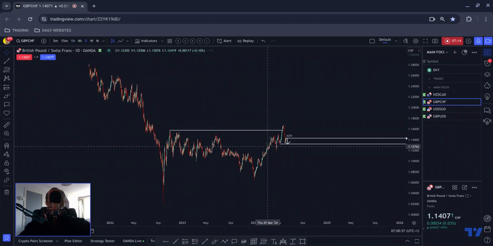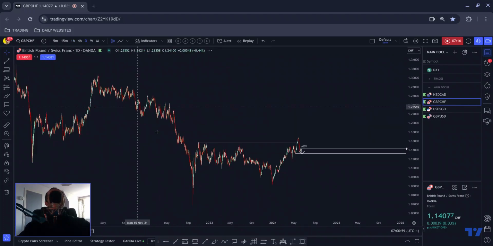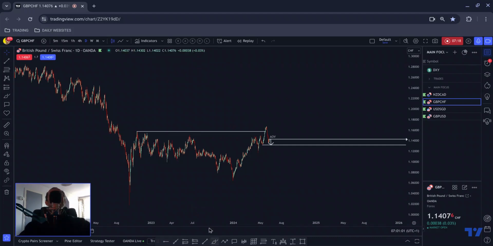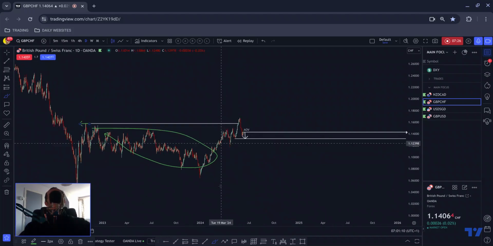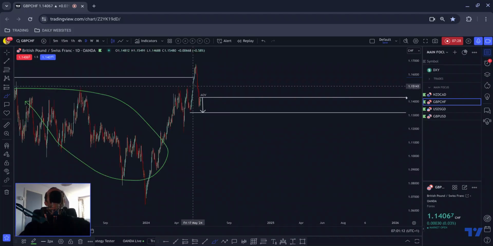Pound Swiss, similar story. We have on the higher time frames all of this volume that was built here. Okay, the origin of the move is there. What happens? We come up to this area, we get a little ending structure here. Okay, we get the first drive, second drive, third drive. Okay, we break out of that, which likely confuses people. They think it's going to the moon.